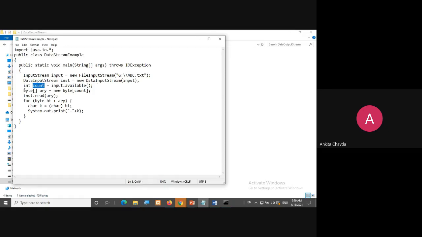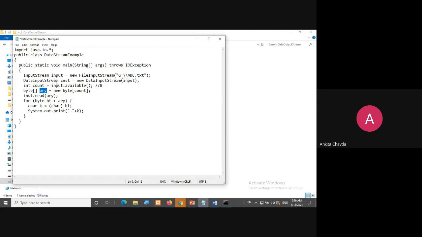And what I have done is I have taken one byte array, equals new byte with this count. So if here I am writing integer data, it will return 4. If I am writing long data, here it is 8. So of this size I am creating the byte array, whatever data I am already having inside the file. Then and only then I can store this. I'll fetch that data one by one, and I'll store it into this array.